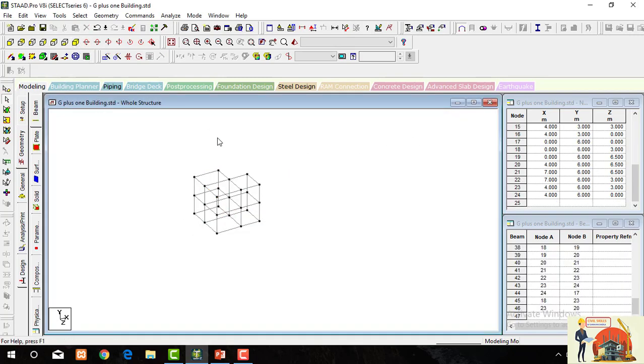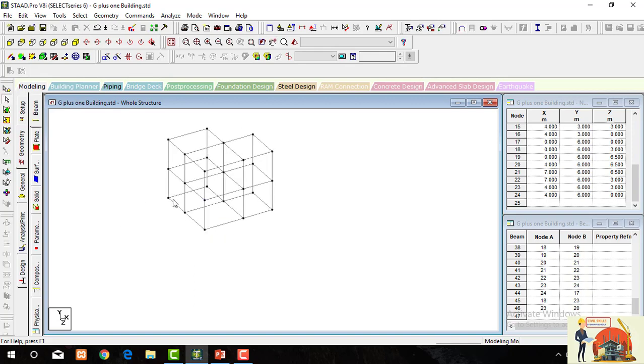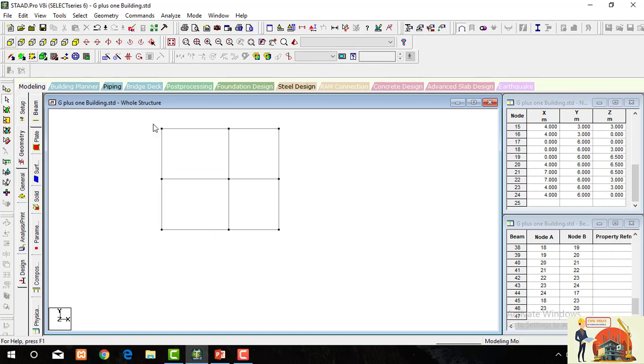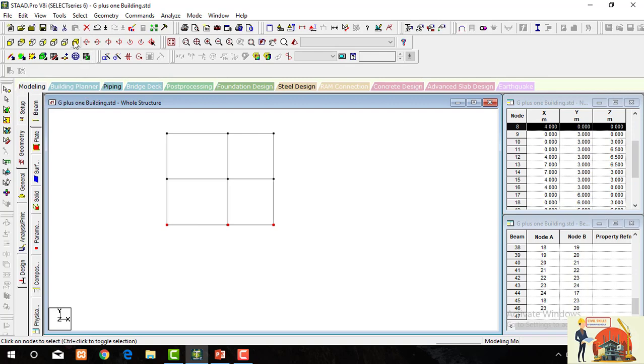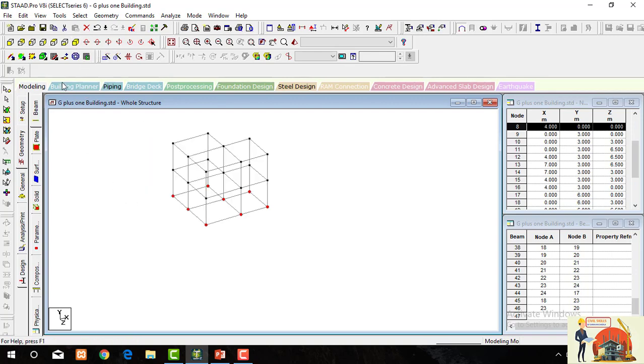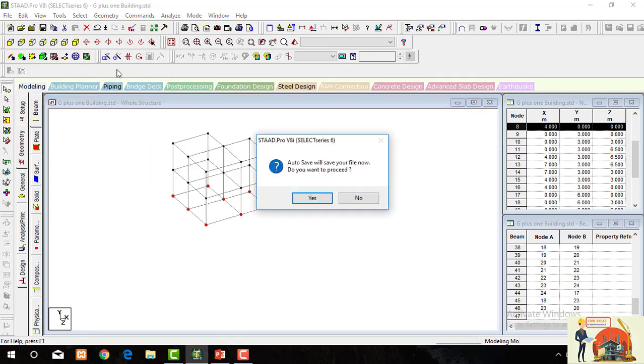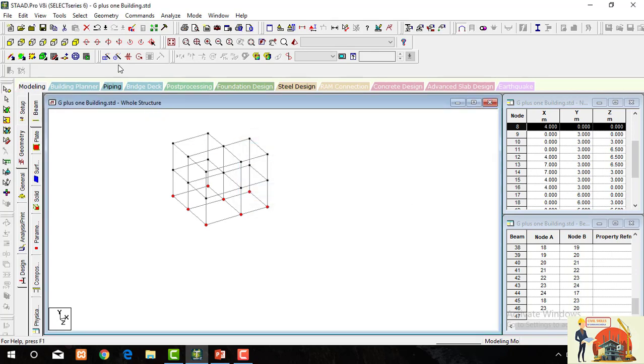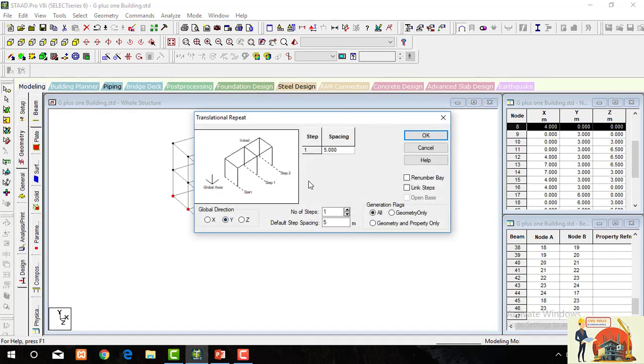Now you can see the whole geometry is created, but we have plinth height also. So let's take the plinth height as 1.5 meter. Select all nodes only, because we need only columns. Go to translational repeat.